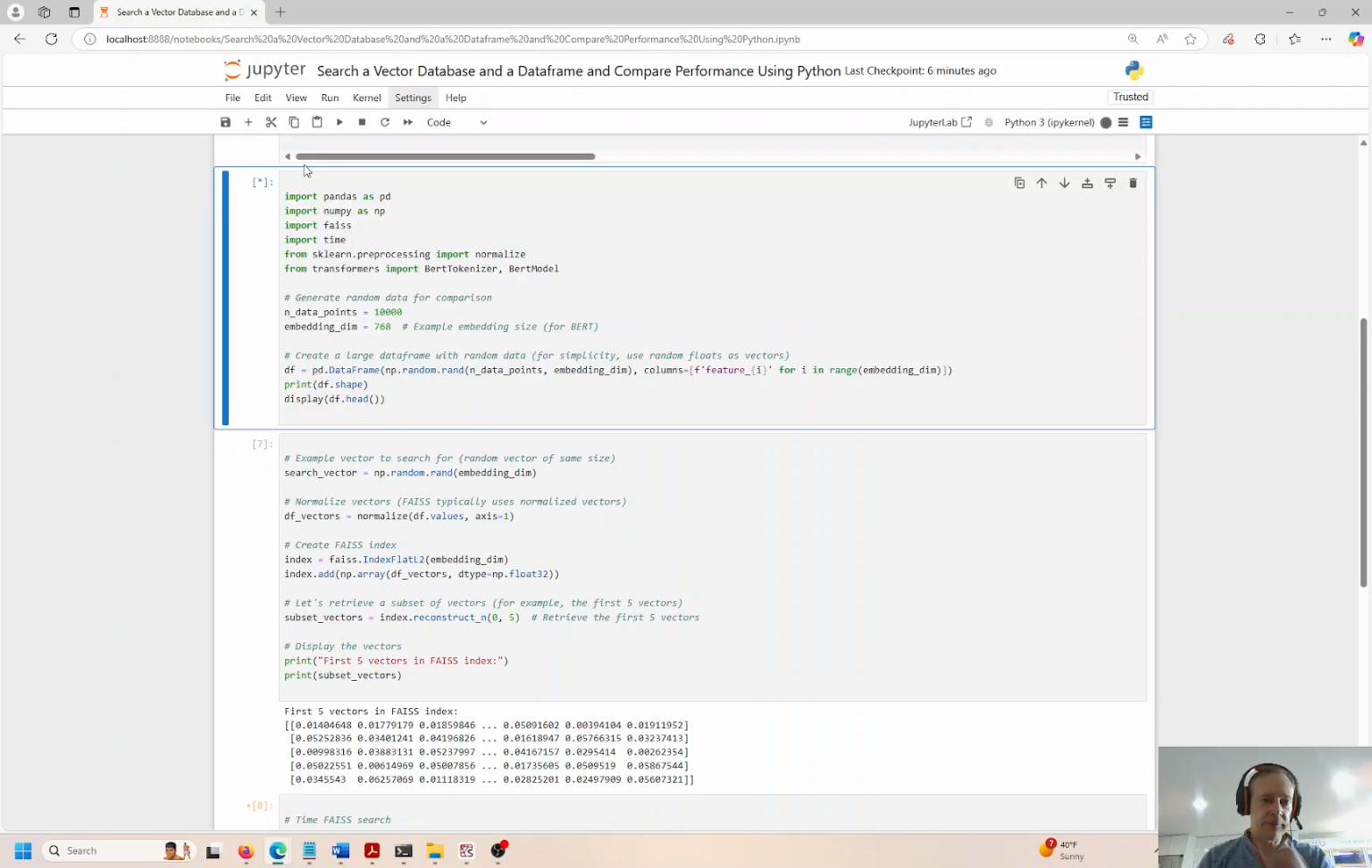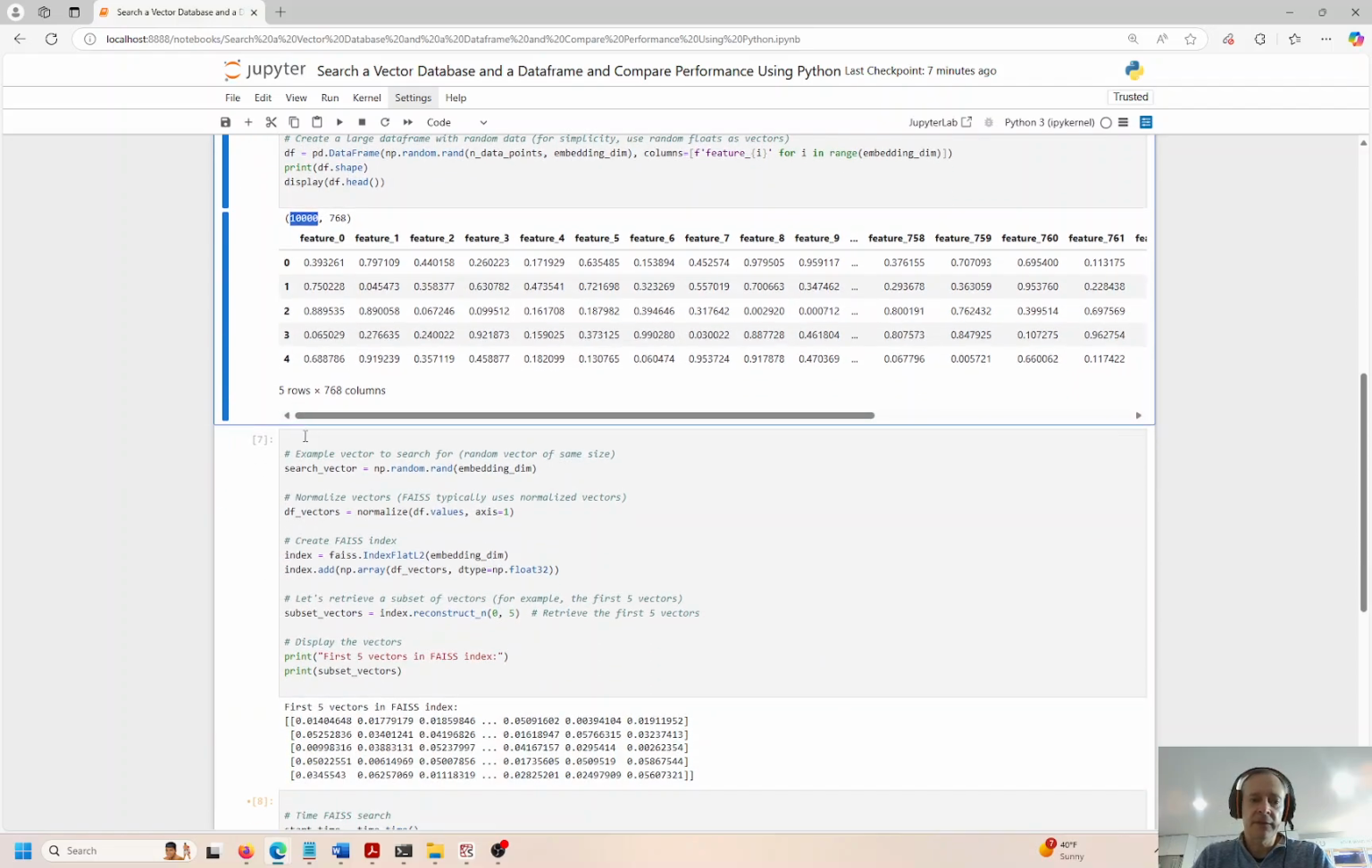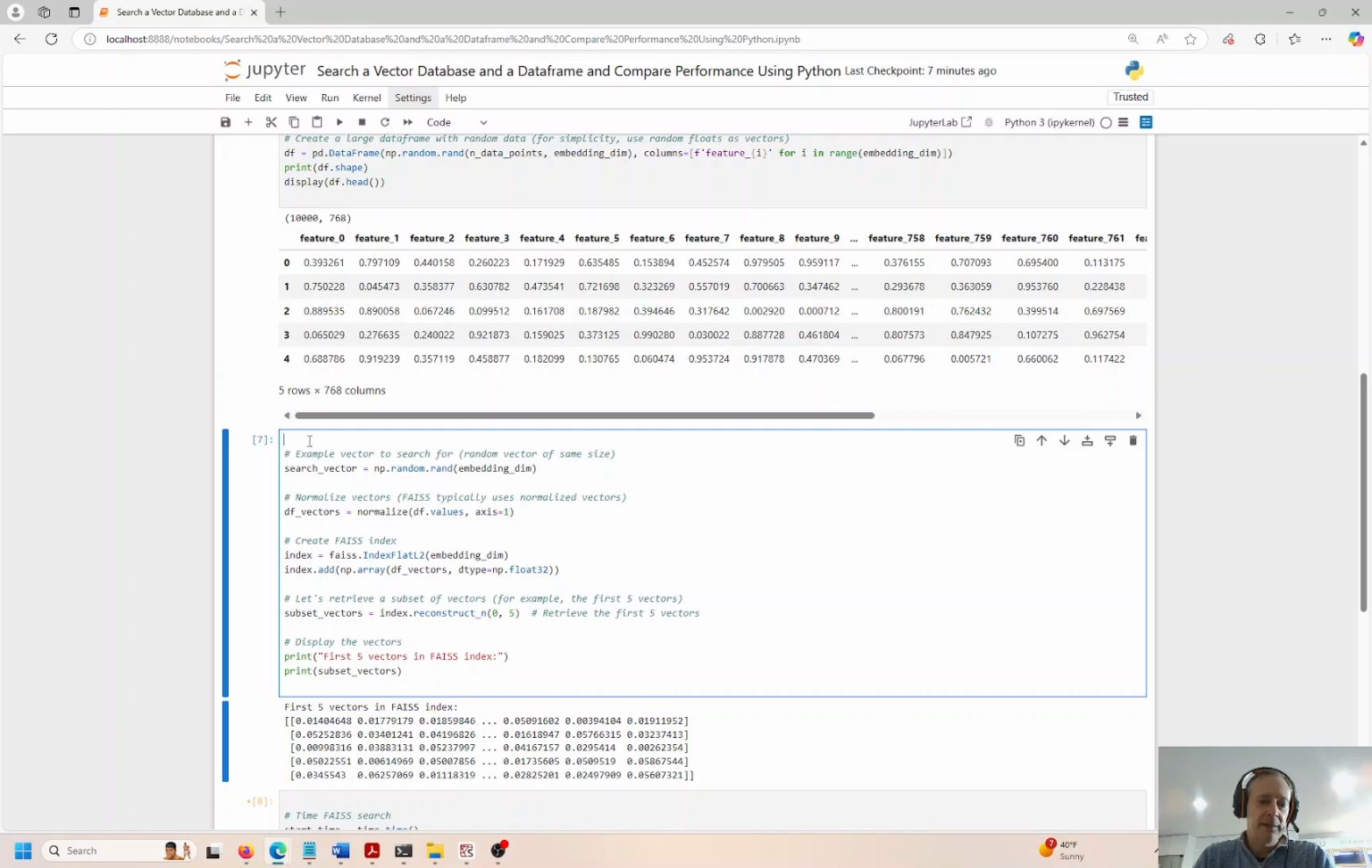Okay, we run it. And we have 10,000 rows, 768 columns. So it's pretty substantial. It's pretty big. It's not going to break the machine or kill anything here, but it's a pretty large DataFrame. So let's start creating a